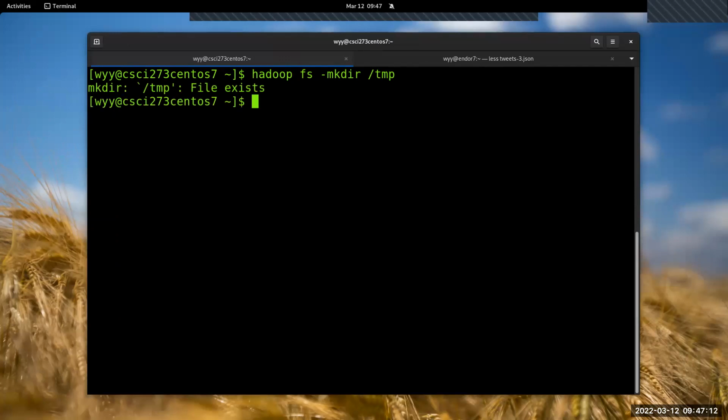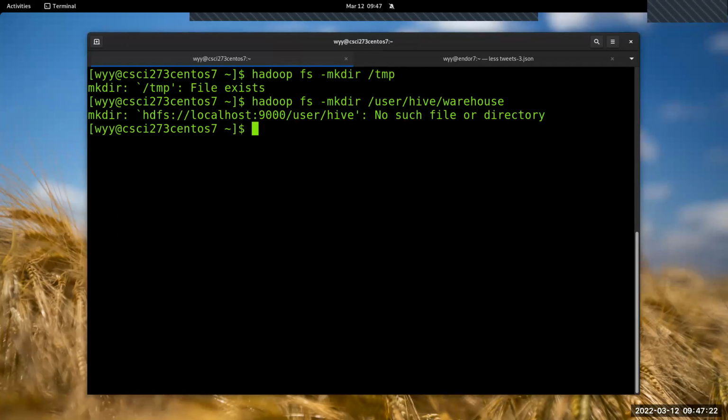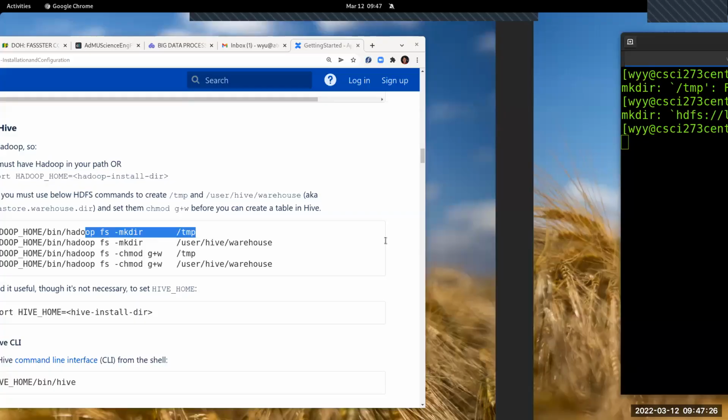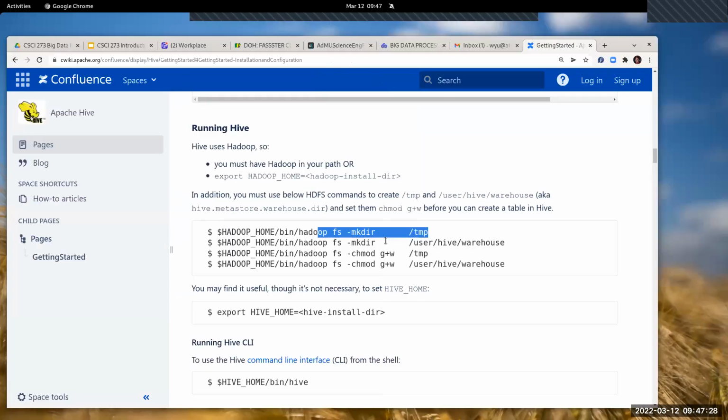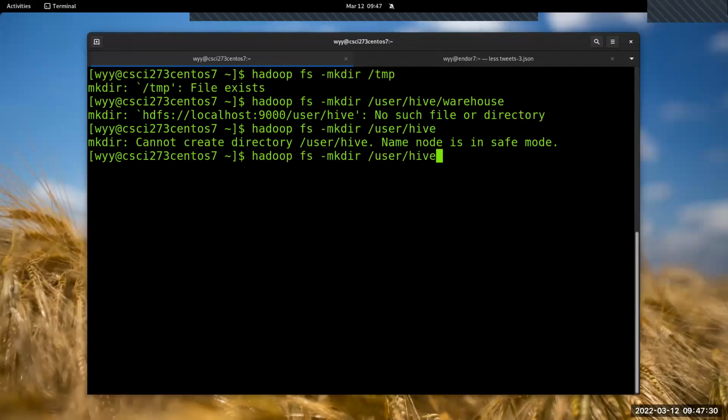So this creates a temp directory in the Hadoop file system, which you recall we already created, so that's okay. Then you create user Hive warehouse. So again, create user Hive first. Right. Then,